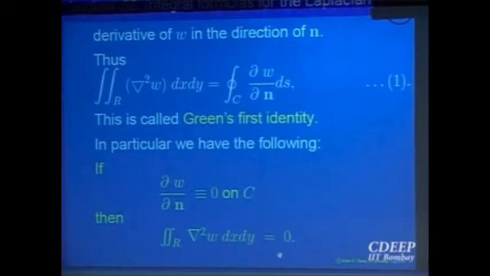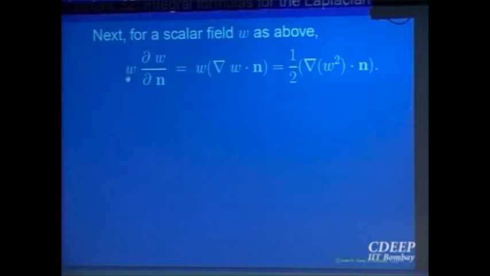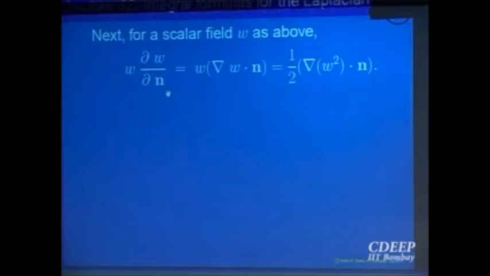We'll see, probably you will see it later on in your courses, but we'll give you one more application of this. Let us also write for the scalar field W. W is a scalar field, the partial derivative in the direction of n, what is that thing? Is that a vector or a scalar? The directional derivative of a scalar field along a direction u, what is it? It is a scalar. So this is a scalar valued function again.